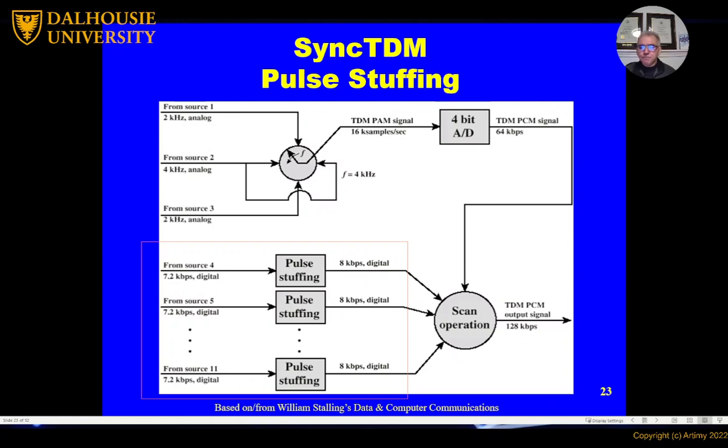We have seen ideally the idea of each one of these stations sending exactly the same number of bits in each slot. But what happens if they don't have the same amount of data to send? So what happens